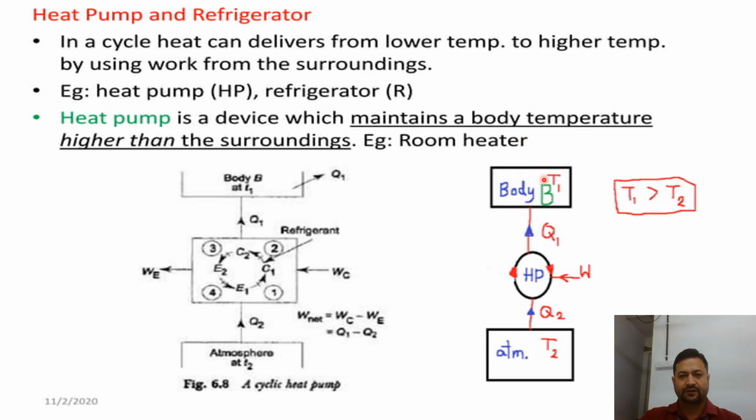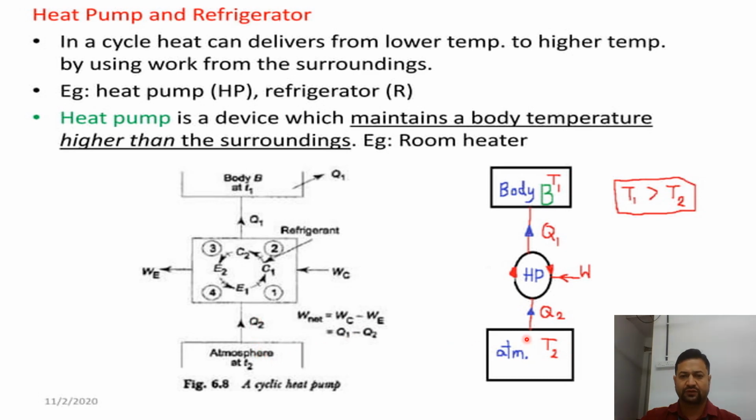In a heat pump we need to warm the room, so this source will be your desirable effect. In a refrigerator your sink will be desirable. Desirable means what do you want? In a refrigerator we want to have cooler conditions as compared to our surrounding condition. In a room heater what do you want? We want a higher temperature as compared to the surrounding temperature, but their functioning will remain the same, that we will supply